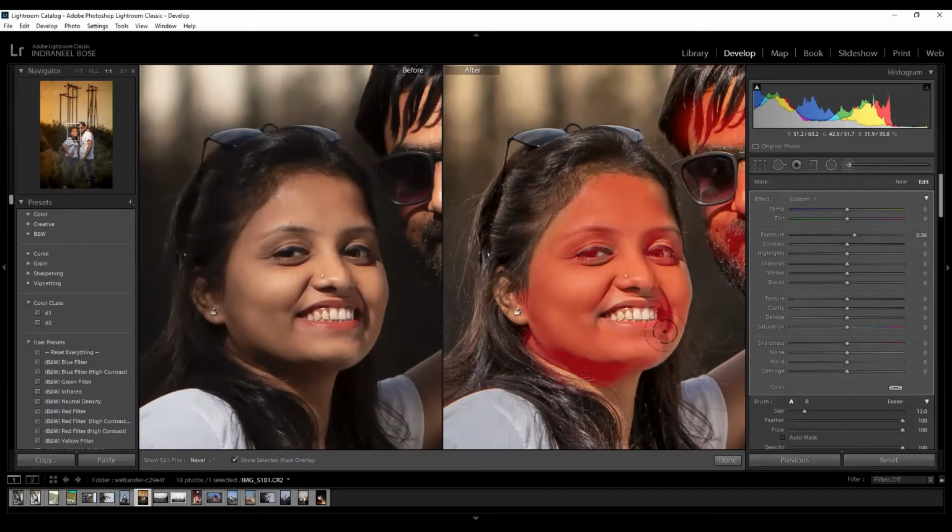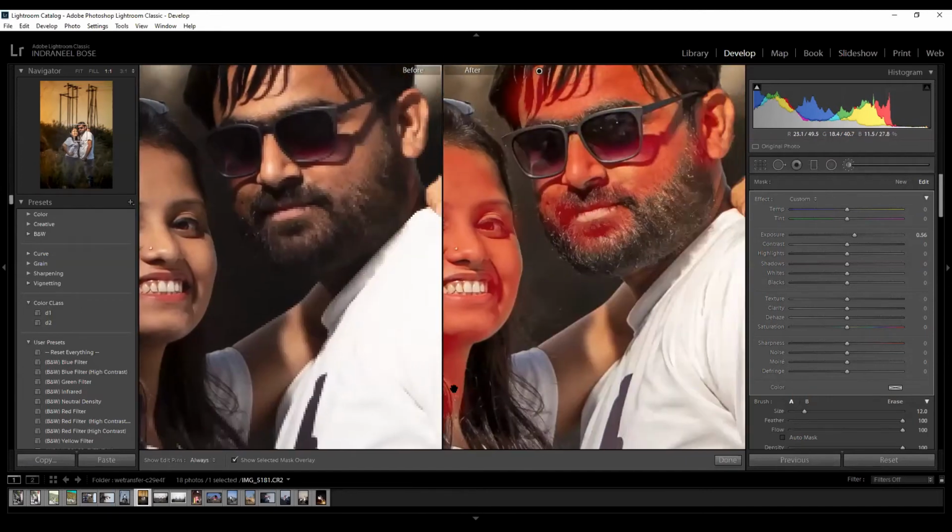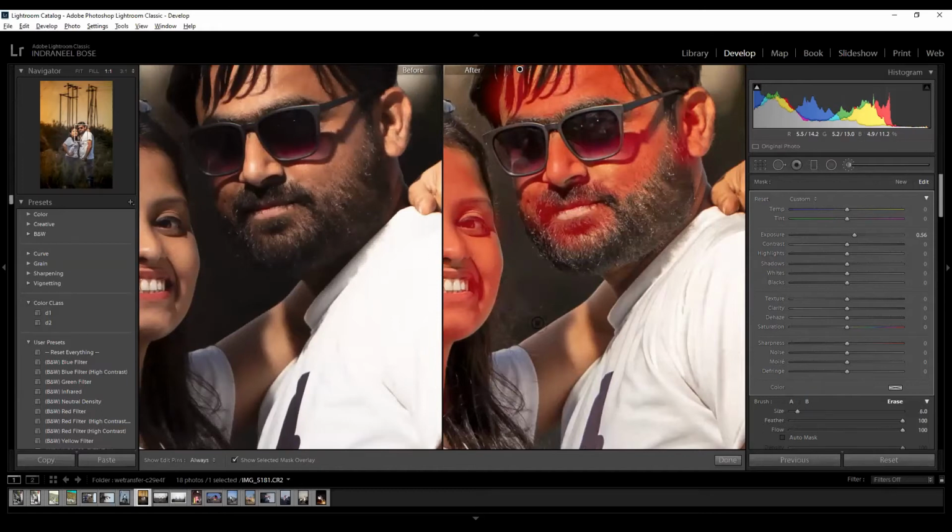Always remember, when you are masking the outer layer, the inner circle's last point is your end point. So try to work with that only. It will never go outside your area. See now, as I'm using this end point, the outer point I'm not using. Now see, it's trying to keep inside much more.